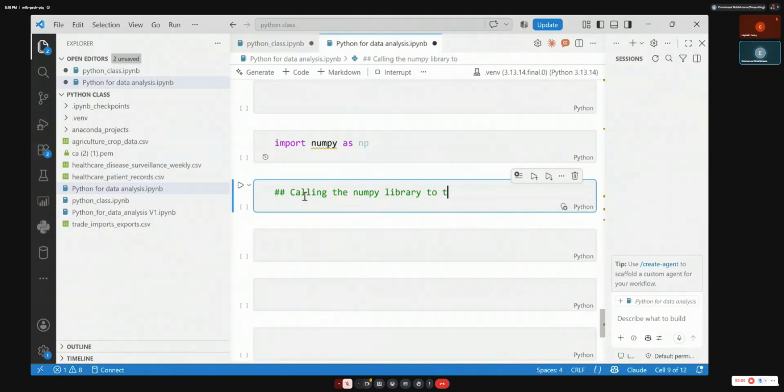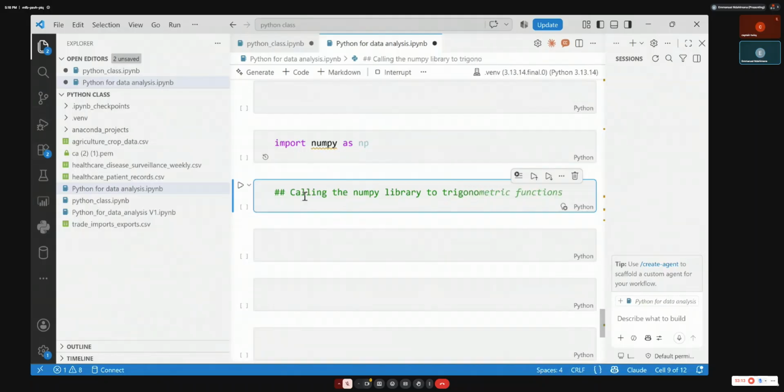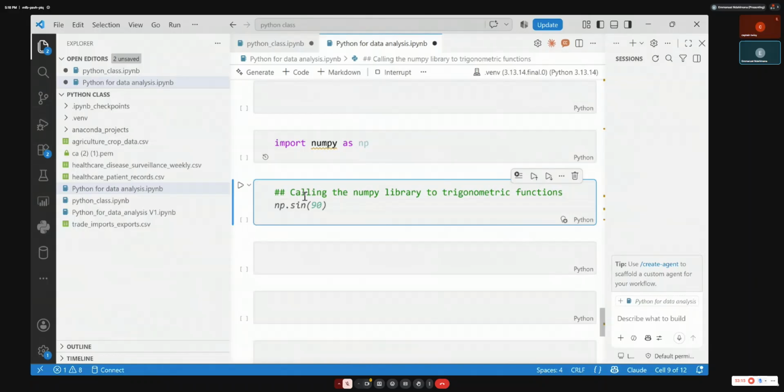Let's just start with the trigonometric functions. So you see, if I say np.sin, this sine, it's sinus. You can simply also use pi over 2 and so on.